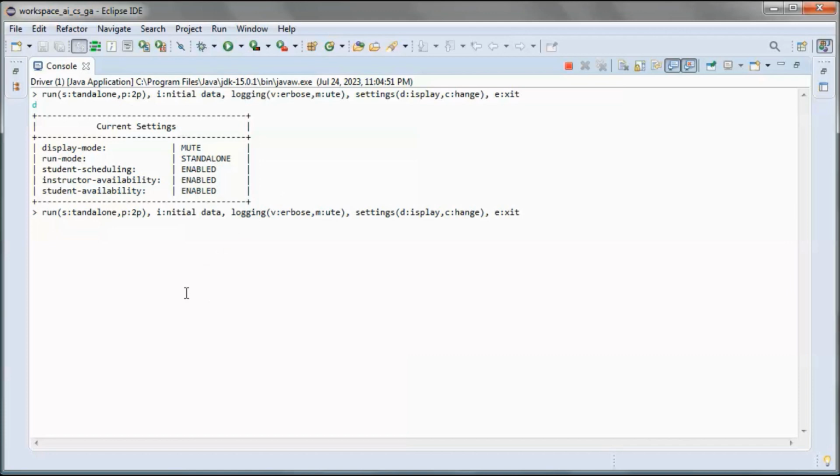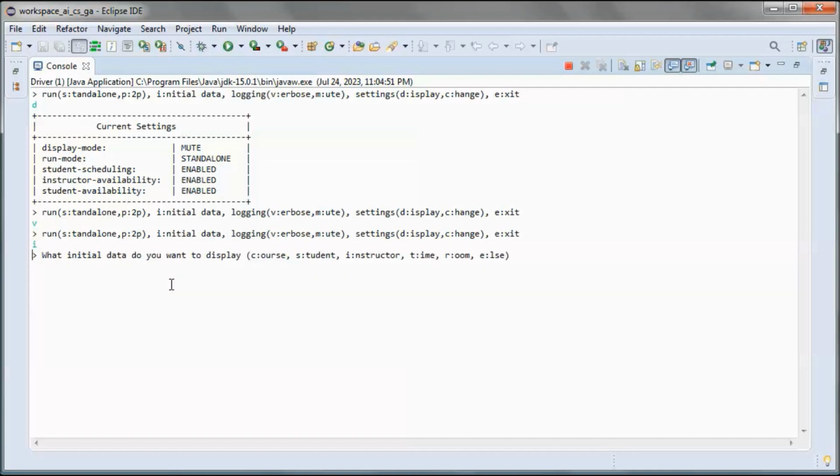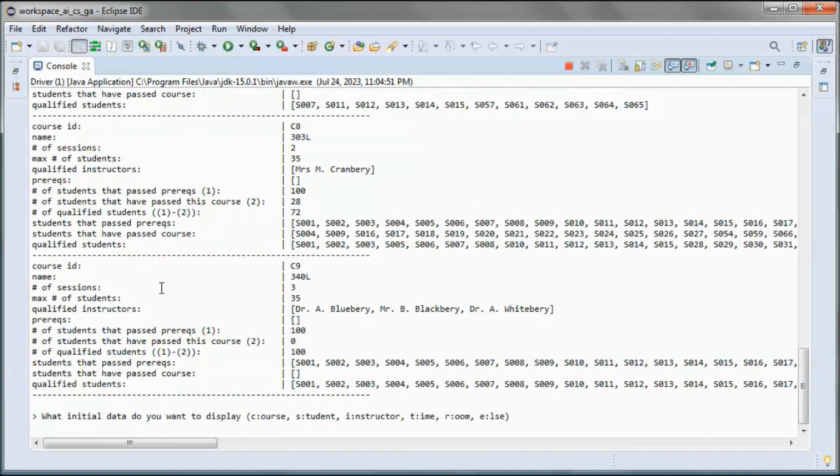So let's go ahead and run in verbose mode. And also, before running, let's check out the initial data. So the initial course data.